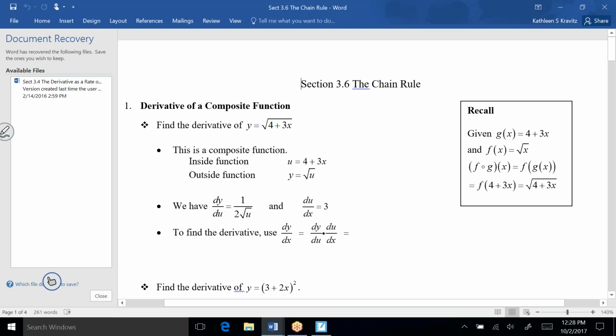All right, so let's talk about the chain rule. This is going to be a really super important section, really for the rest of the semester. It's just a really important way to be able to take derivatives. So one thing I just put in here is, recall, if you're given this function g of x,